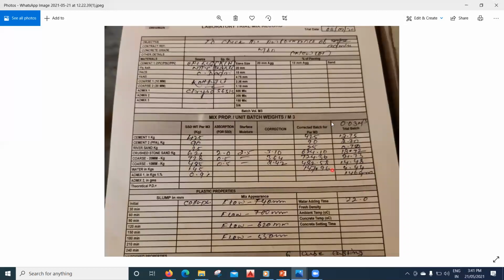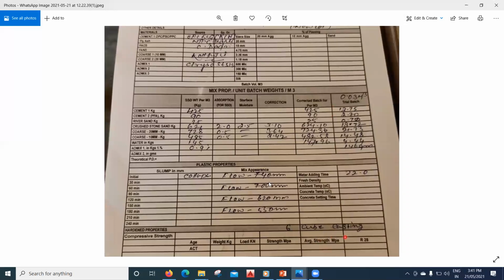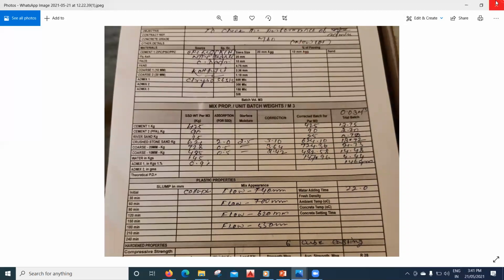Yeah, and only then how many cubes you are going to test. So all these things you have to write, and only once your test has passed, then we'll approve this mix design. And once this mix design is approved, only then are we going to do the construction at the site. That is, whether it has to be a 1:2:4 ratio, or whether it has to be a 1:1.5:3 ratio, or so on. So we are going to do one trial mix, two trial mixes, three different ones, and based on that we'll see what slump value I want, and only then are we going ahead with this.